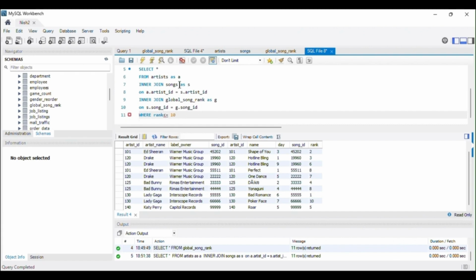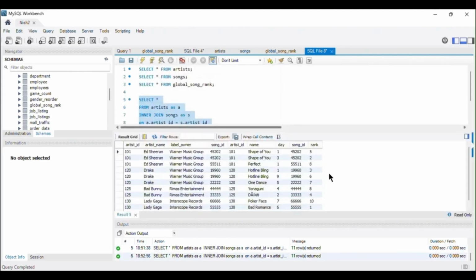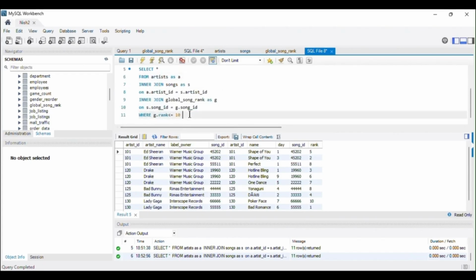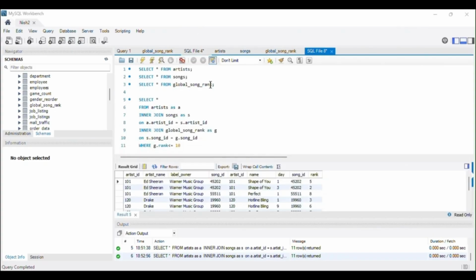So this is from my G table, so G dot rank. Now if I just run this query, I'll get the same result because all of those ranks are already under top 10. But now my next step was to count the song appearances,